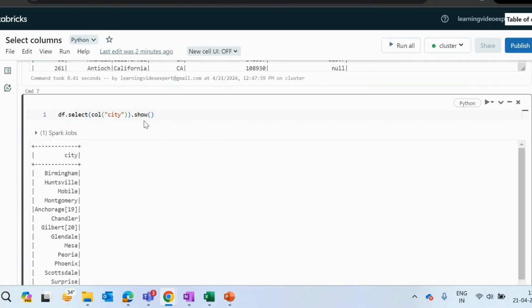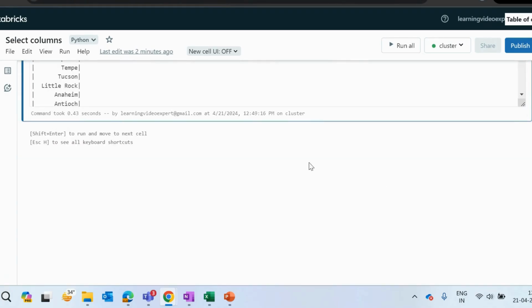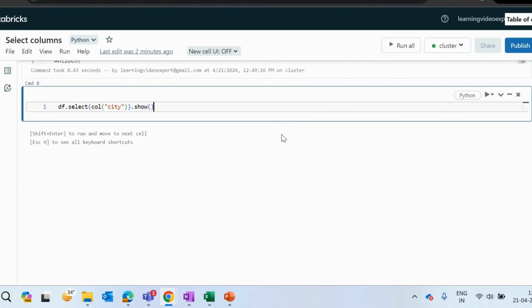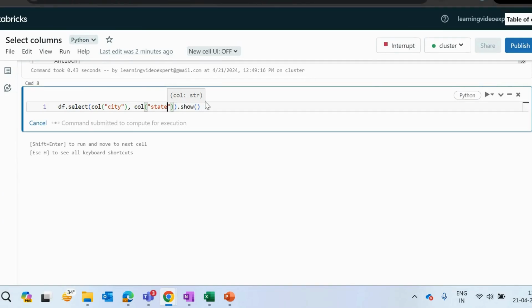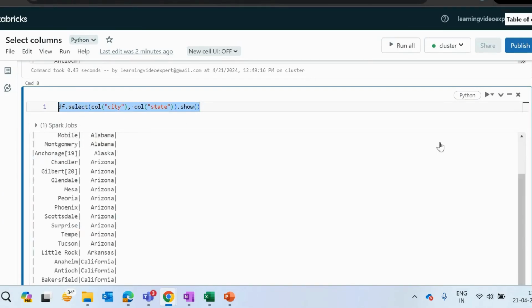Now let me go ahead and select the second column. The second column is the state. So I'll mention the col function again and I'll mention my state. So you see, I have my city and my state.